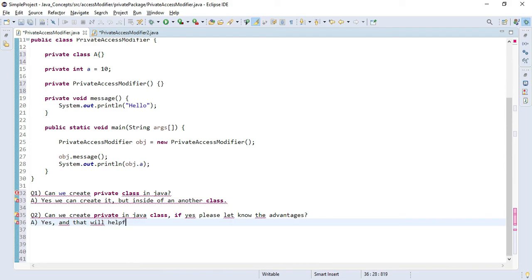and that will be helpful in creating singleton